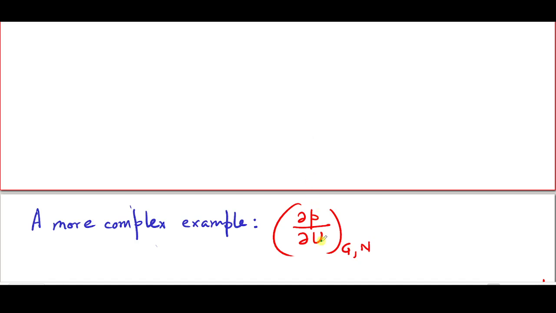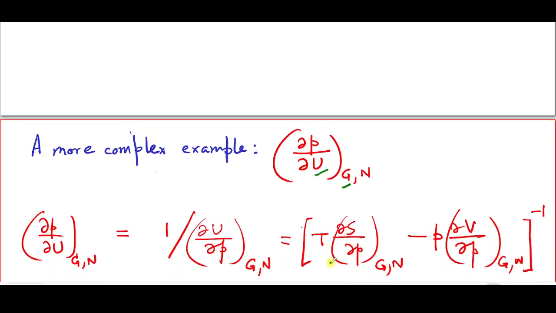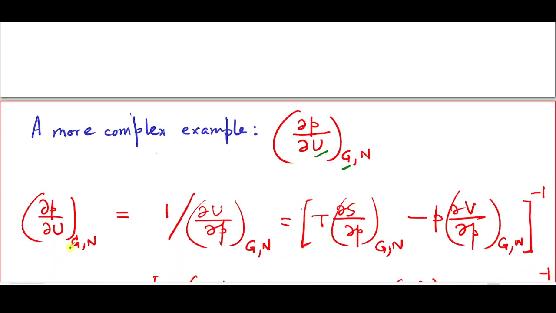Here there are actually 2 thermodynamic potentials in view. There's U here, which is in the derivative itself, and G, which is being held constant. Now we need to actually bring both of them to the numerator, so to speak. And let's do that one by one. The first step, of course, is to rewrite this partial derivative as a reciprocal of del U del P at constant G, N. In this form, U is in the so-called numerator, and starting from dU is TdS minus PdV plus mu dN,